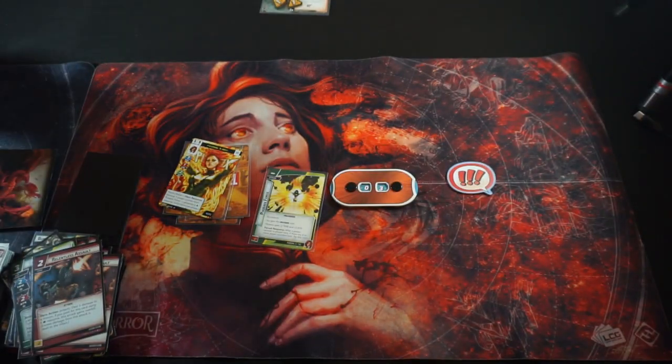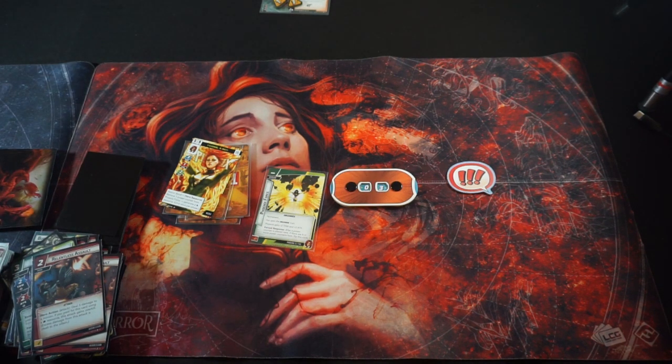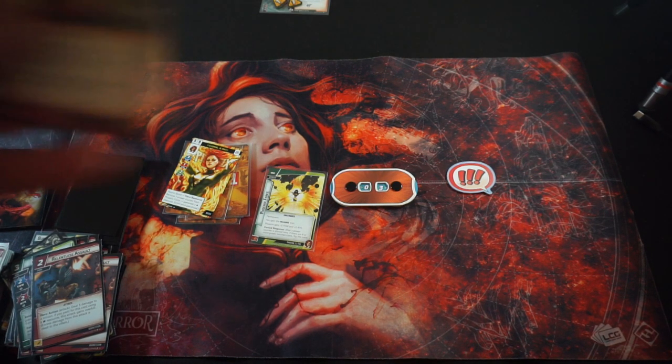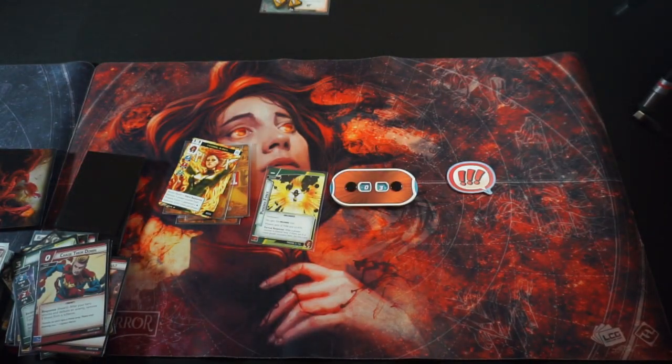Unfortunately, 5 is exactly enough to take out Melter, but I need him to go bye-bye too much. So I'm not going to be able to use the Overkill on that. But I will play out Chase Them Down as well to remove 2 threat from a scheme. Now, I could take it off of...